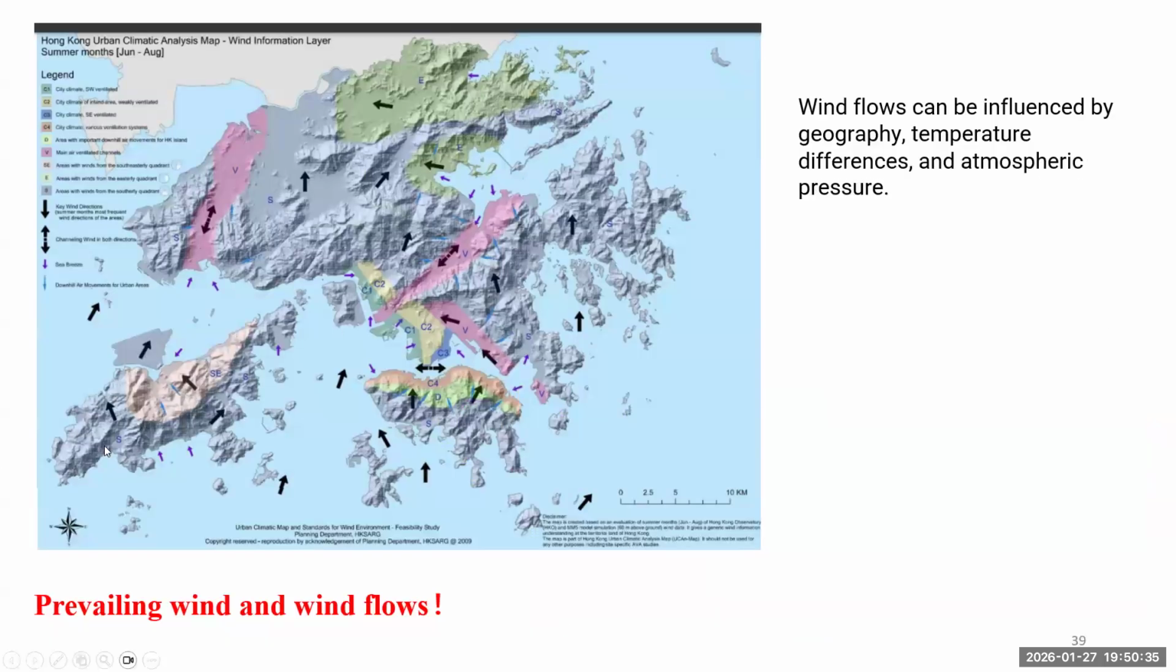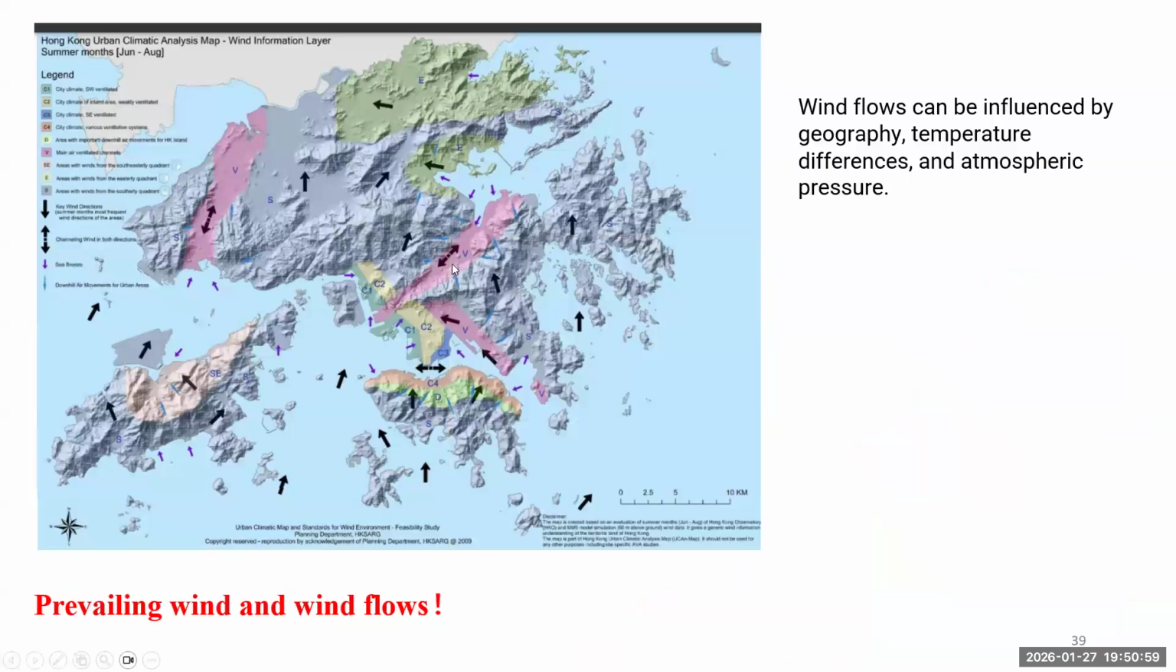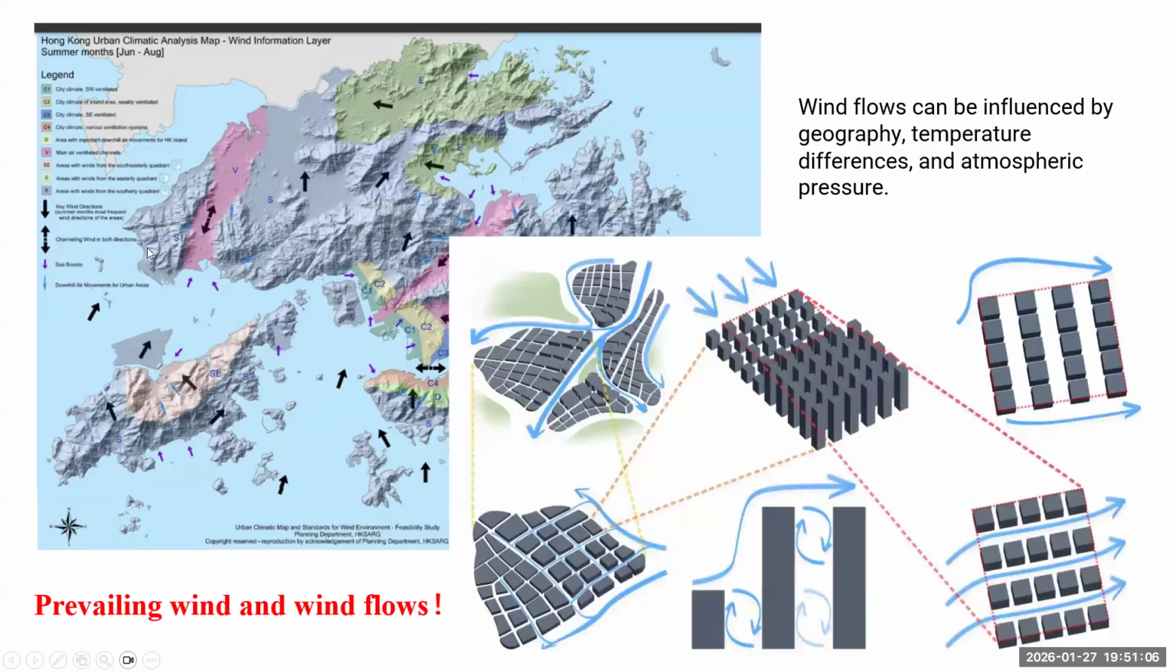And so for urban ventilation, we have to understand the prevailing wind and the wind flows. Although the wind flow can be influenced by the geography, temperature difference, and atmospheric pressure, it has its patterns. For different districts, we have the prevailing wind directions. And therefore, we can make